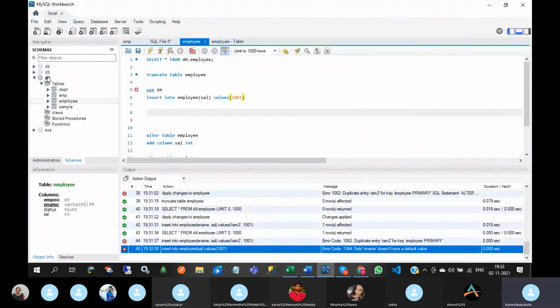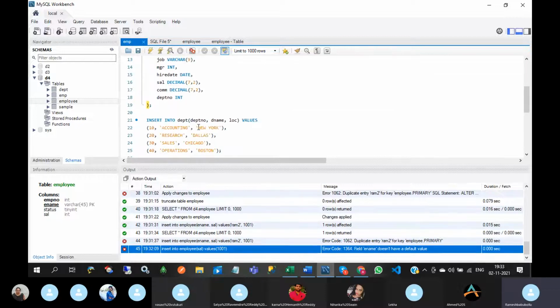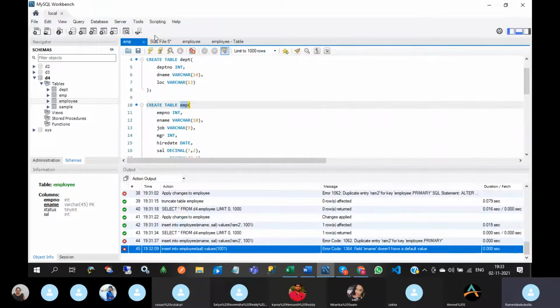Before discussing this foreign key, I need to discuss the two tables, parent and child table. So department is the parent table, and EMP is the child table. Okay.